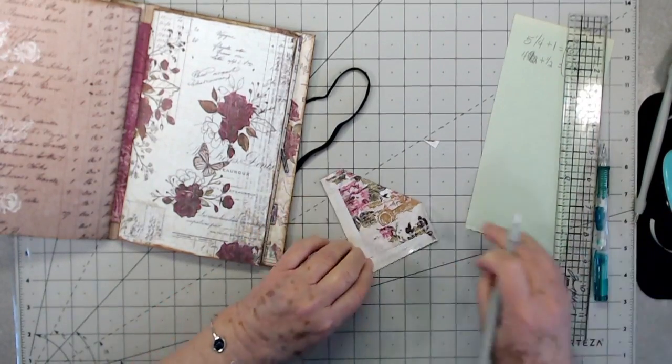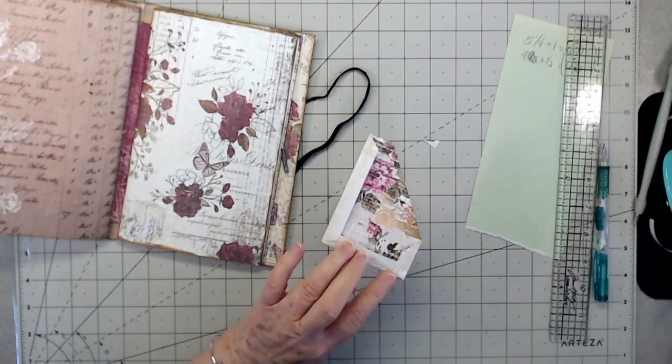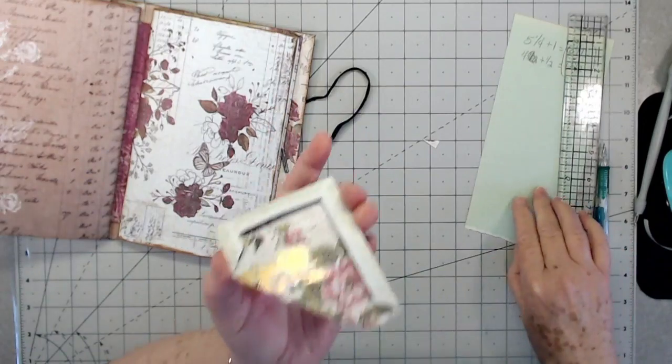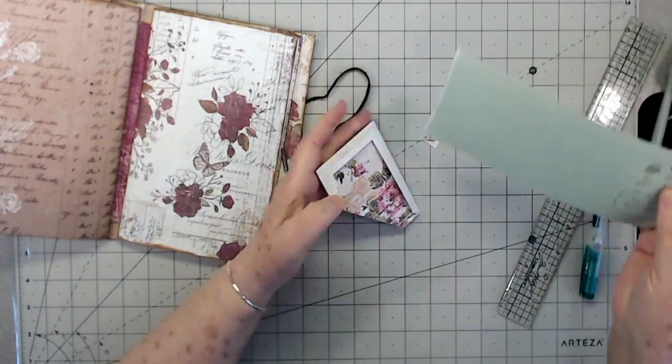Just pulling the backing off of the score tape and pressing the sides down. Now the reason I do pockets like this, and let's see if I can find a little piece of paper to slide down in here,